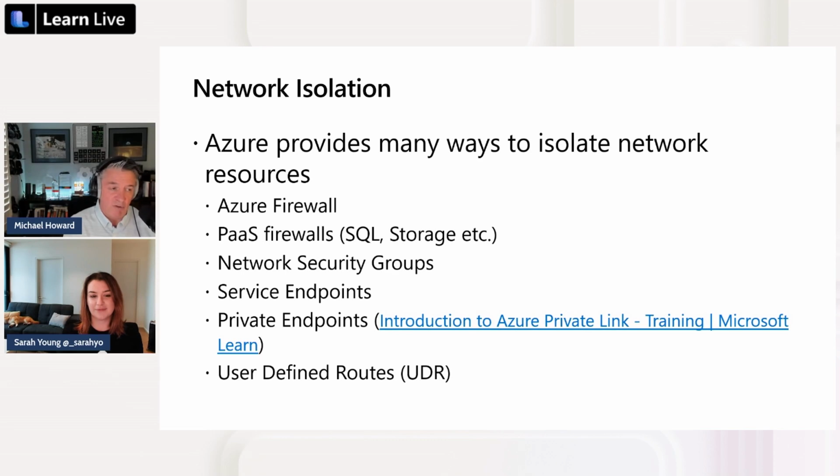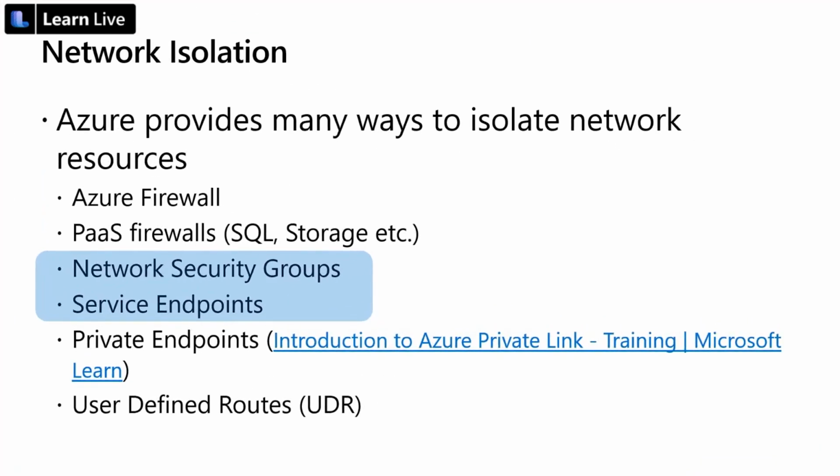And finally, there's user-defined routes. Technically, user-defined routes are not really an isolation technique, but what they allow you to do is route certain packets to certain locations, say for packet inspection or, you want some stuff just to die, right? Basically black hole traffic. And so that's what user-defined routes are all about. But we won't be covering those. We're only going to be covering these two, which is network security groups and service endpoints. So please, make sure you're aware of that. The learning path is just these two, and that's exactly what we're going to be looking at.